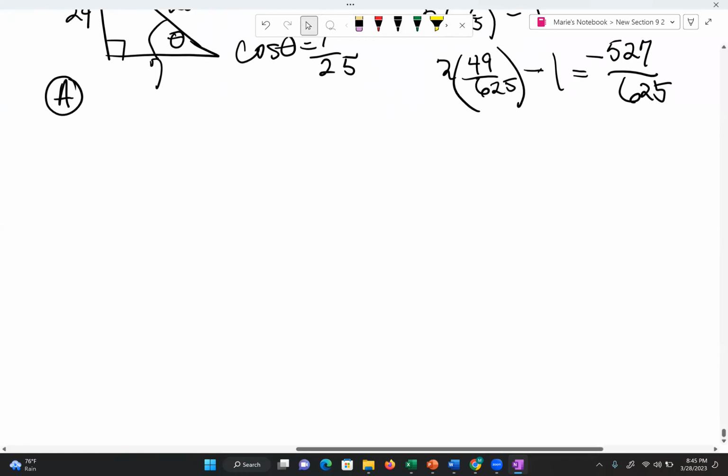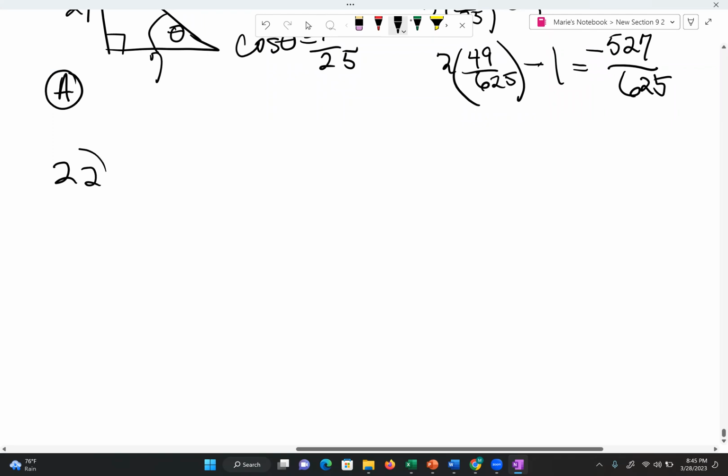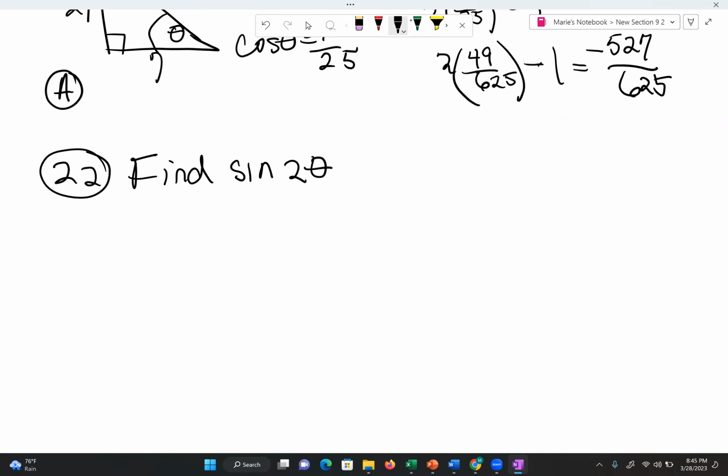All right, number 22, similar to that. On number 22, they're saying find sine 2 theta. And so they're giving you a triangle again, another Pythagorean triple, where this is the 90-degree, theta is sitting in here. This is 8. This is 15. The hypotenuse is 17. So sine 2 theta, if I'm looking for sine 2 theta, I'm going to go with,